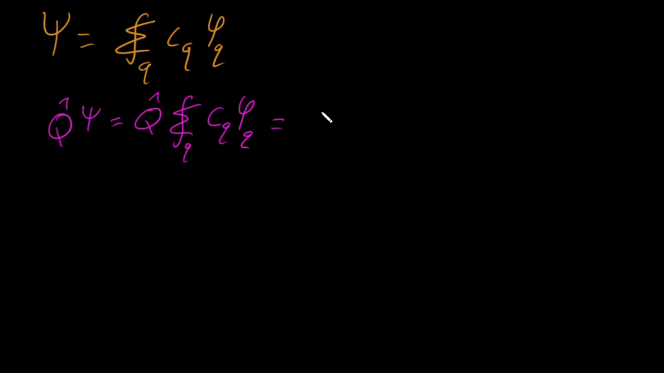So this is now the superposition over q of q hat on c sub q phi sub q. C sub q is just going to be a constant, some constant for any given value of q, and so this is